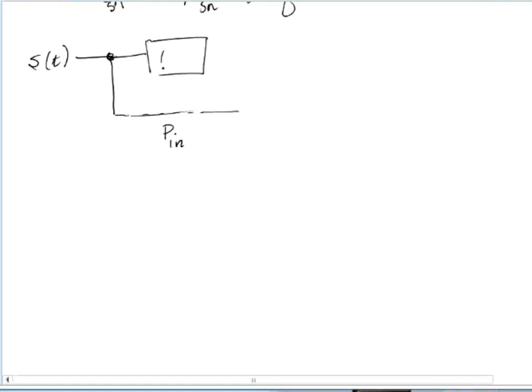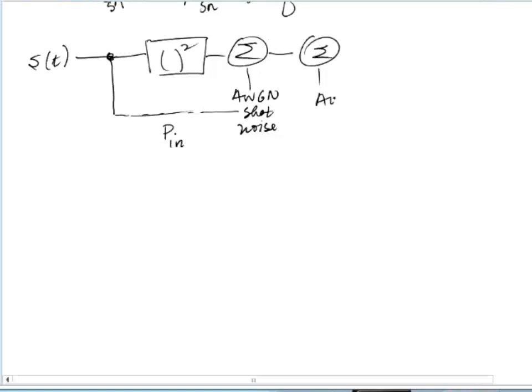The simulator would simply square the signal, and then add to it additive white Gaussian noise, which is the shot noise, depending on what the instantaneous power was at that instant. And then it would also add additive white Gaussian noise, which is the thermal noise, which is not signal dependent. And then we would go into our electrical filter